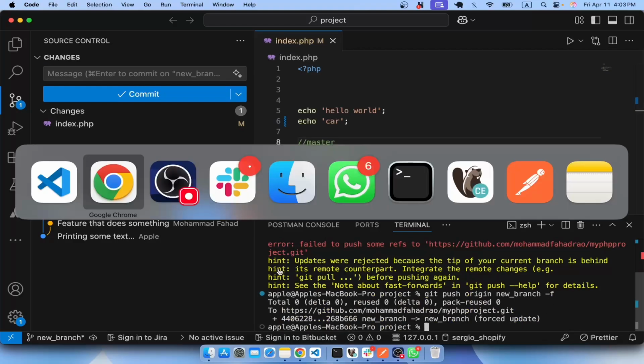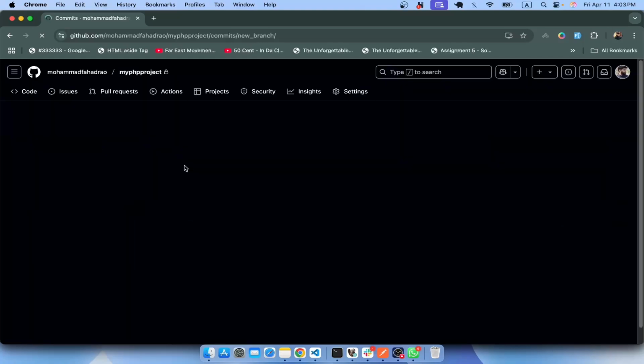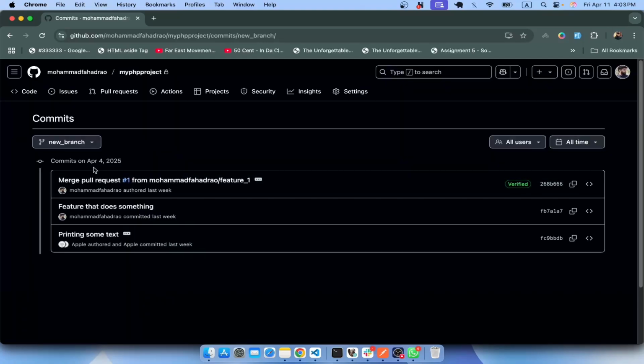And now if I go back to GitHub, I'll see that the commit is gone over here. So that's how we can undo our commits,